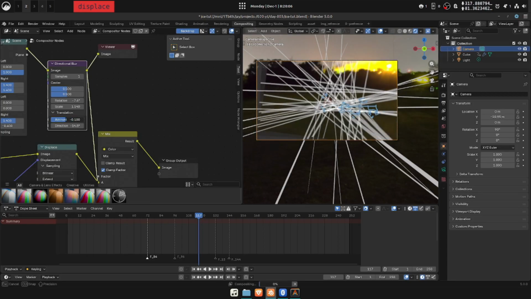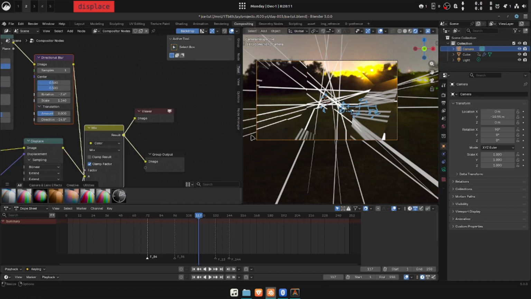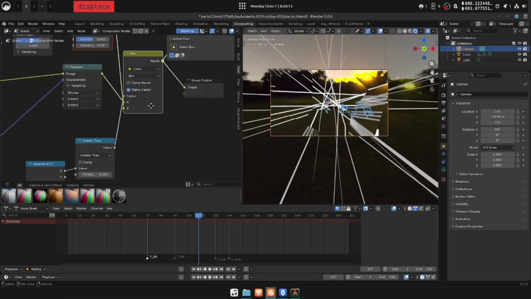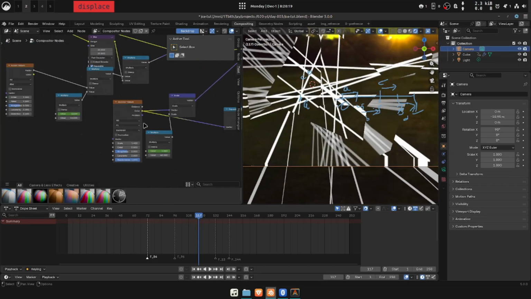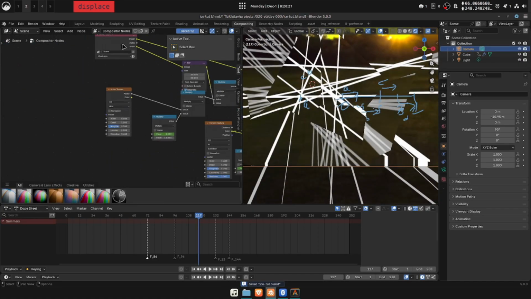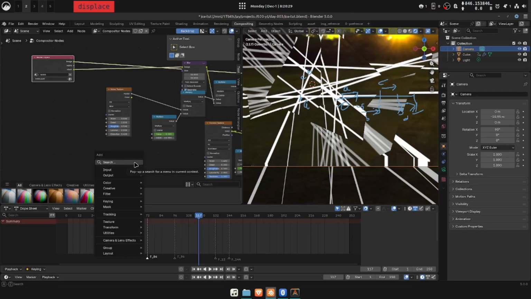I don't think you have to do amount, but yeah, you have this. I also suggest, let me just scale it so there is more of this. Another cool thing I found is, if you have an image, you can do vector. No, that's not what it was. It was some